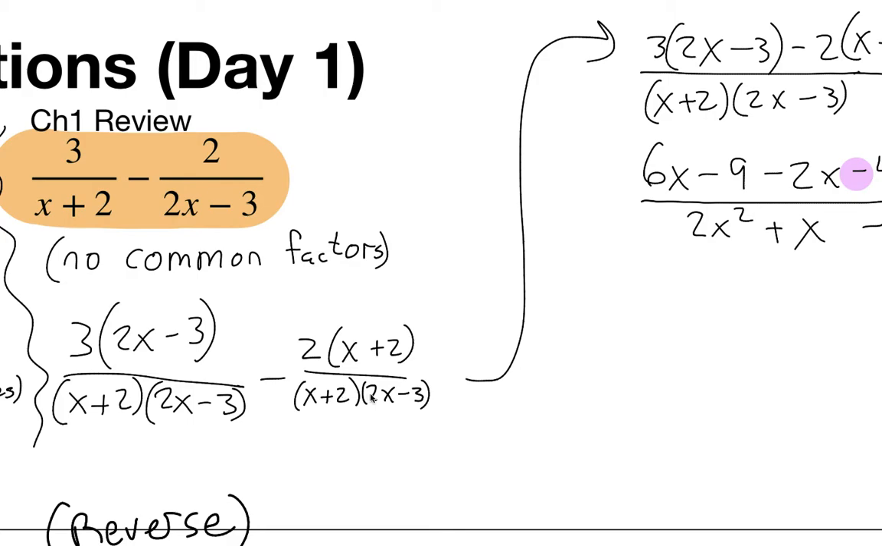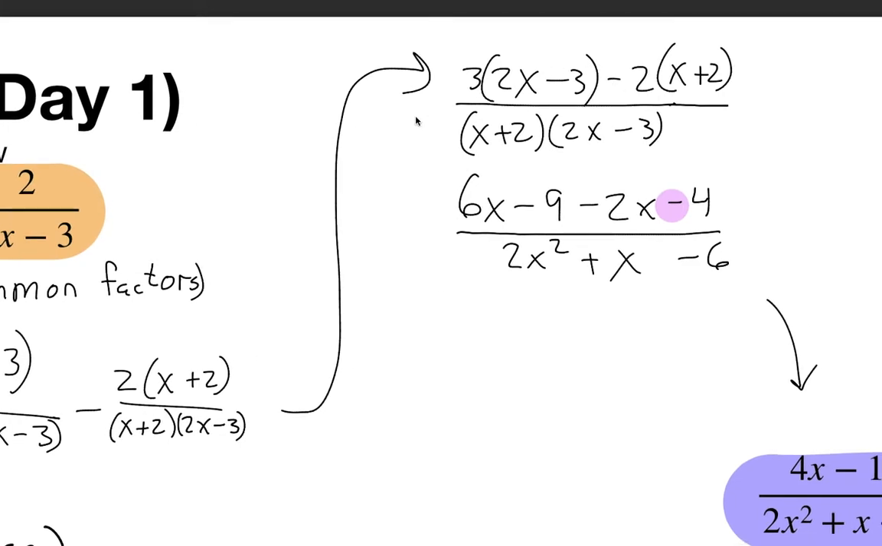Now we have common denominators, and now we can subtract them. We can combine the numerators. So that's what that looks like here. If you distribute the top, FOIL the bottom, combine the like terms, notice these parentheses become incredibly important to your